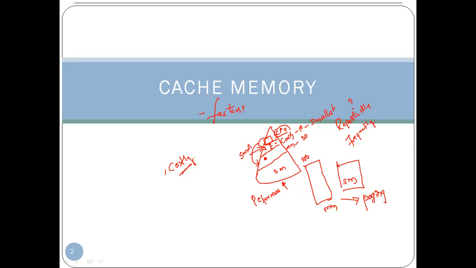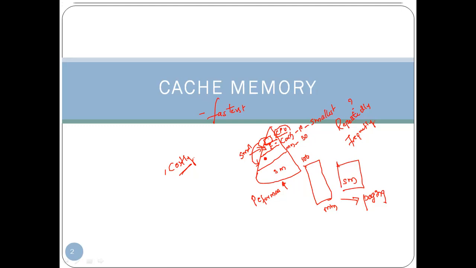Registers are used for temporary storage of data. So the advantage of cache memory is that it is an extremely fast memory that acts as a buffer between the RAM and the CPU. What the cache memory does, as I have said, is hold the frequently used instructions that are immediately available to the CPU. So that is the basic introduction to the cache memory.